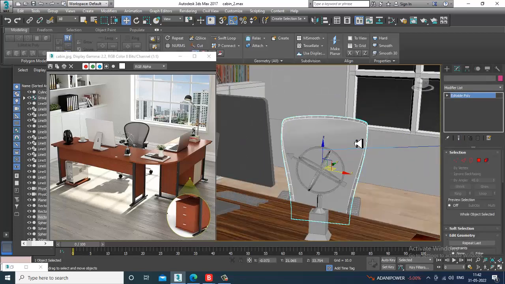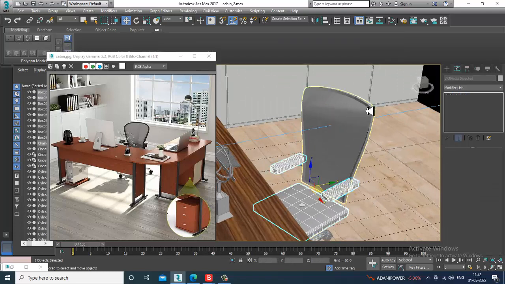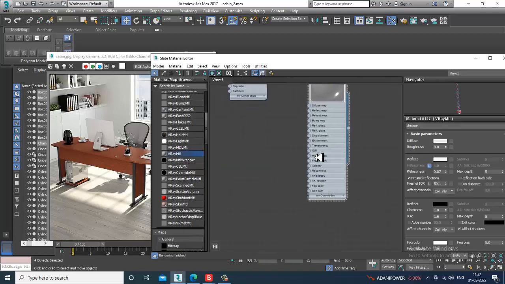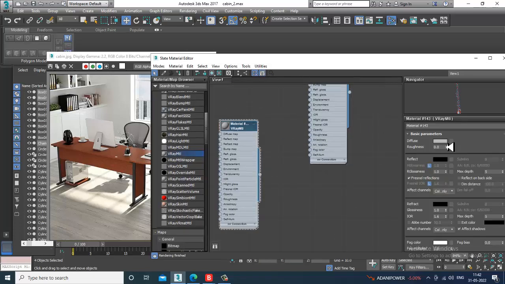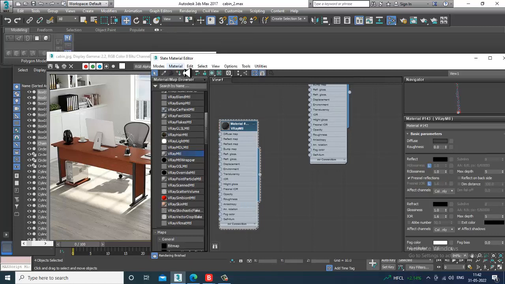After that, I can select this all over here, and let's just give a black material, no reflections, max depth, set the max depth as 8 over here. So now